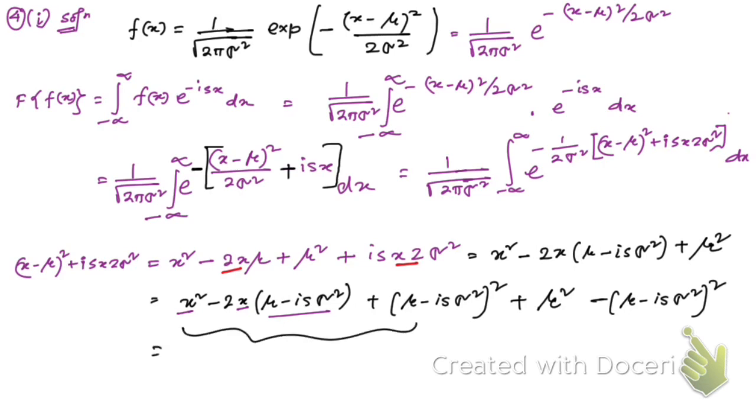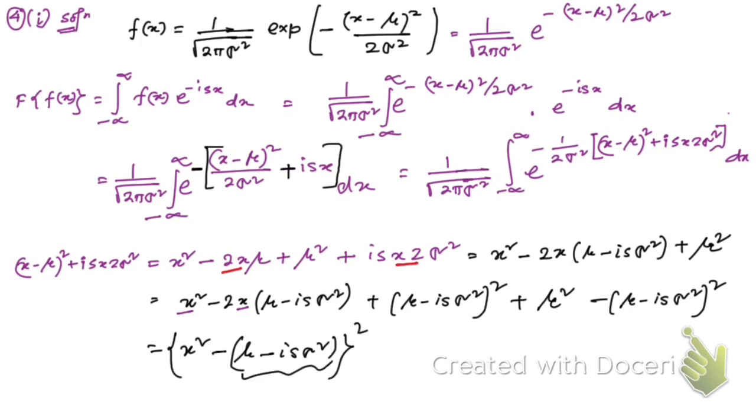Now this is in the form a square minus twice ab plus b square, so a minus b whole square must be equal to x minus mu minus iσ², then whole square. If you remove this bracket, you should get this: mu plus iσ², then whole square, that's what you can have, then plus